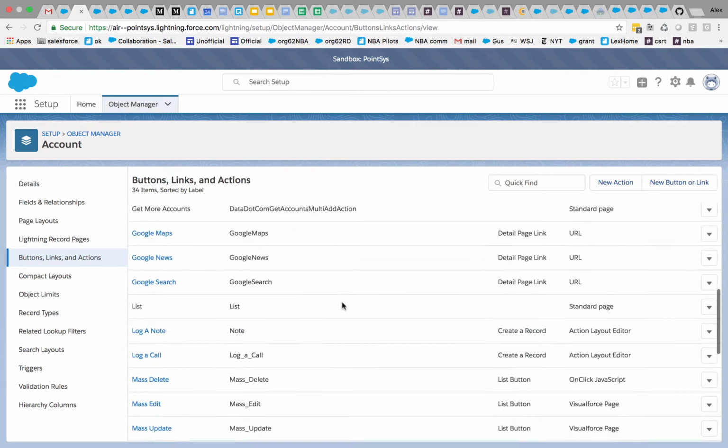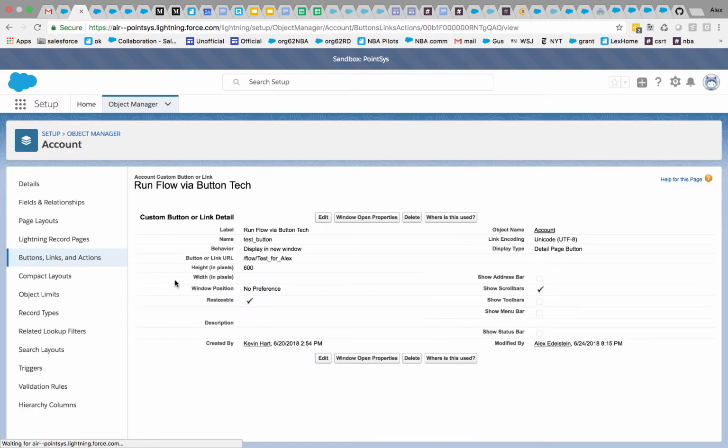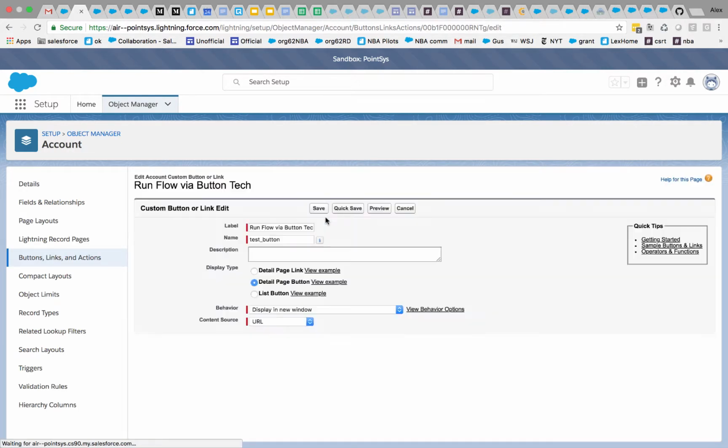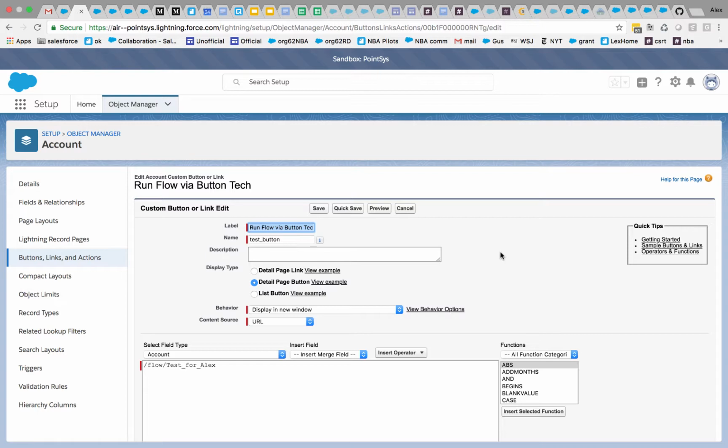So let's scroll down and look at our two different buttons here. If we click on the custom button and hit edit, we are in the original custom button interface. This has been around as long as I've been using Salesforce, which goes back to 2003. And there's a lot of power here. Custom buttons have provided a ton of functionality over the years, and that's one of the reasons why they're still around. But they are not the recommended way for creating button functionality in Salesforce, and it's because of subtle things